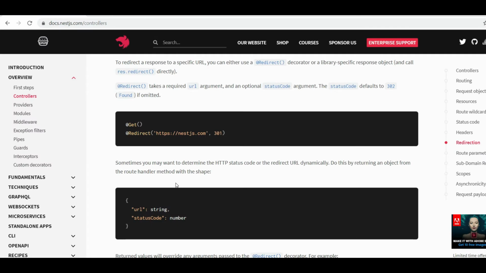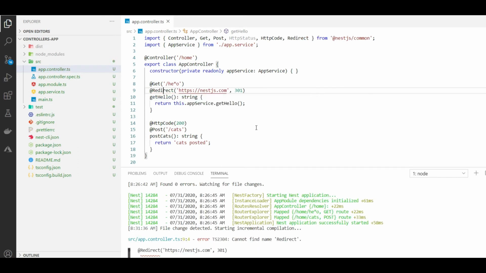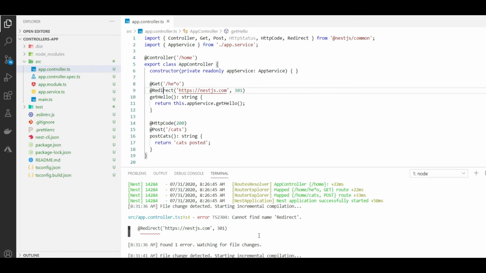Okay. To redirect an HTTP request, there is a decorator @Redirect which we can use. I will directly copy this and use it in one of my route handlers. And I'll quickly verify this.